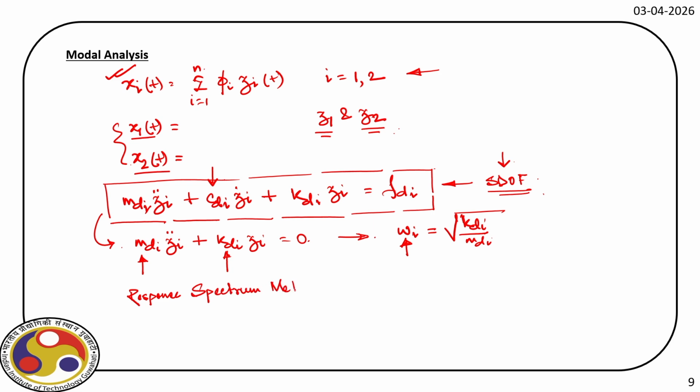Method. This is actually defined in IS code, and it has certain advantages. The moment we do the response spectrum analysis, I will explain what the advantage is. But the point to be noted from this discussion is that the original coordinate can be expressed in terms of modal coordinate, and the moment we solve the natural frequency and mode shape, we can use the solution of the SDOF system in the modal coordinate to get the solution of the structure in the original coordinate.